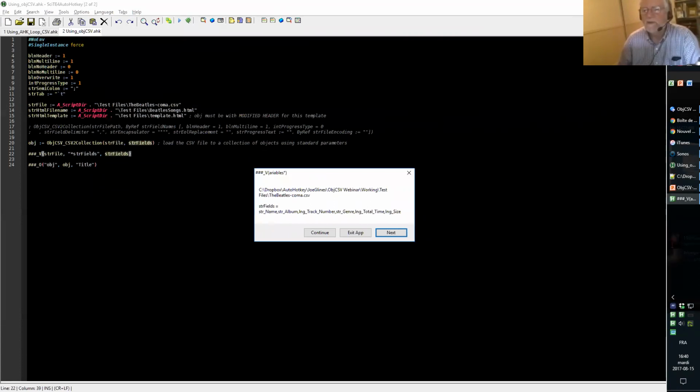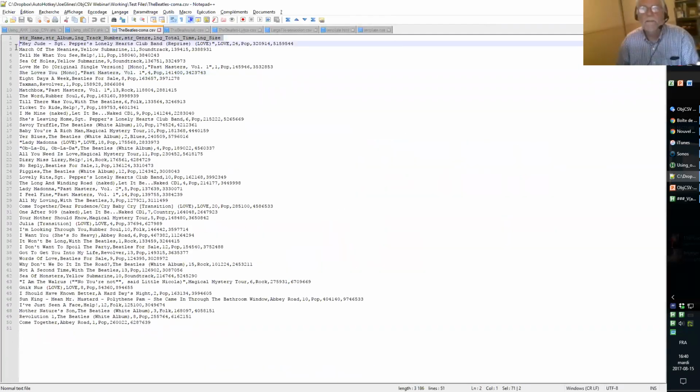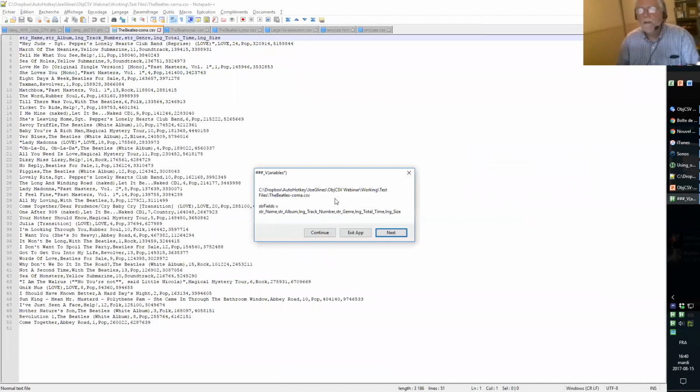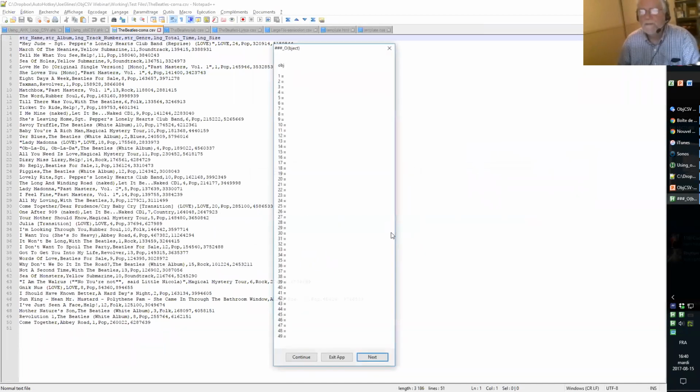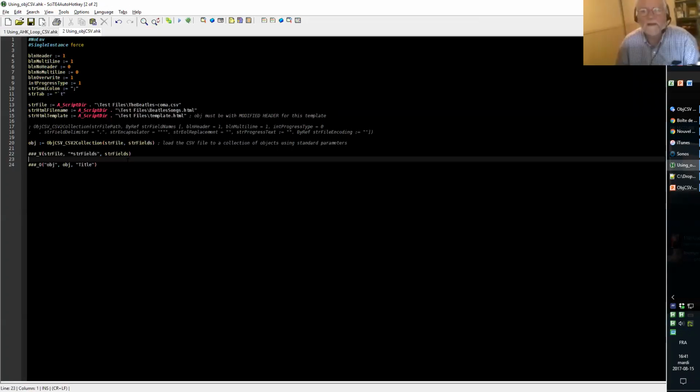The function returns the fields, which is the content of the first line of this file here. And the next command shows me that there are 50 or 49 rows in this file. It's not populated because I made a mistake that I'll try to fix right now.